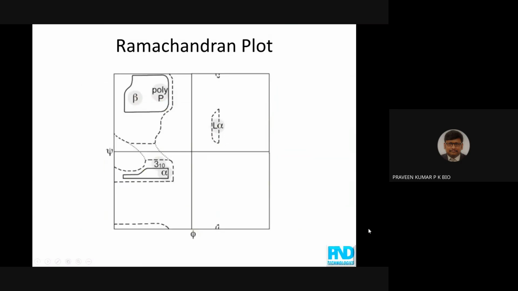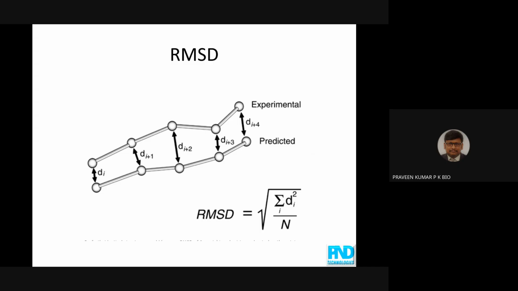Now let me take you to what else we have. I told you that 3-10 helices lie in this region and the other is alpha helices. The second method to assess the quality of protein is by analyzing root mean square deviation. For example, if we have a 3D structure determined from X-ray, NMR, or any technique, and whatever protein structure we are predicting, either from homology modeling,